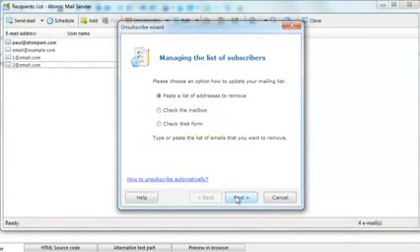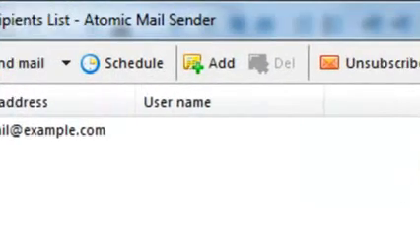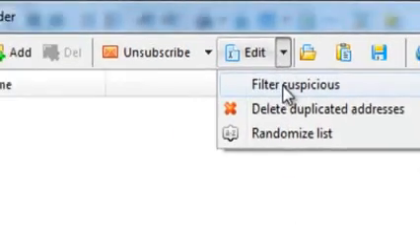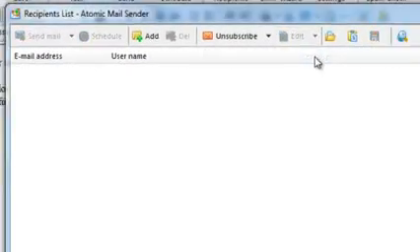You can remove suspicious emails from your mailing list in one click. Click Edit, Filter Suspicious,